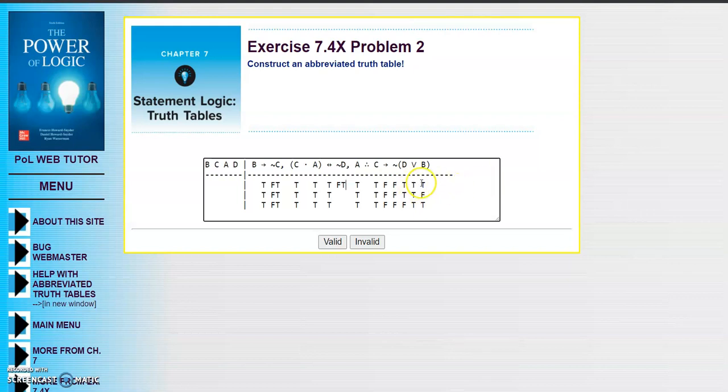We've also got B being true on the first row, and so we'll have to put that over here. And if you look, we've actually filled out the first row already. Does everything make sense there? Unfortunately, no. If B then not C, this first premise here